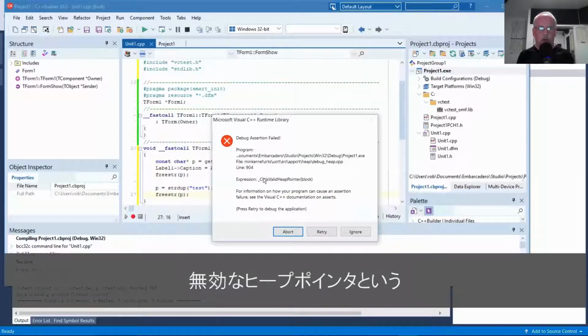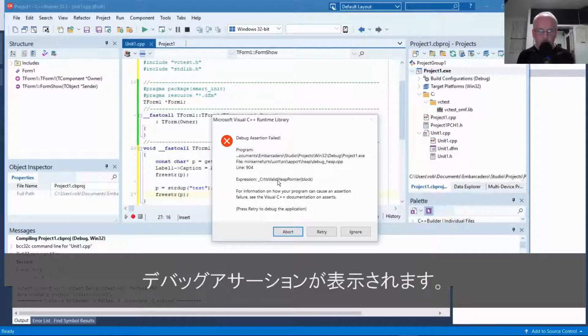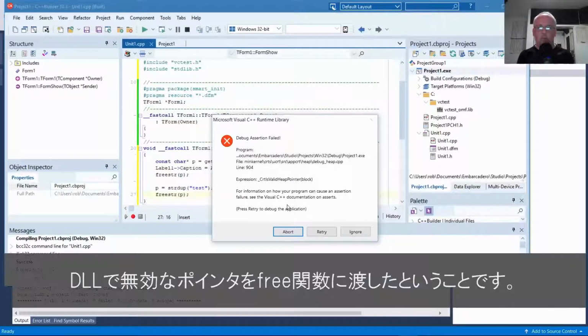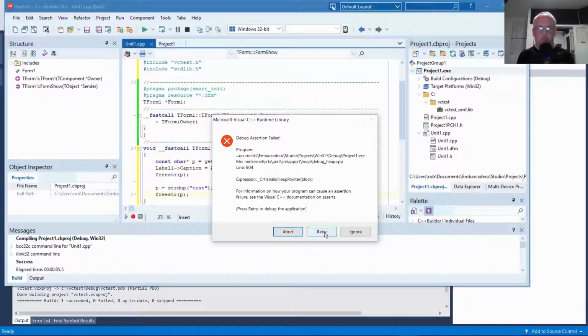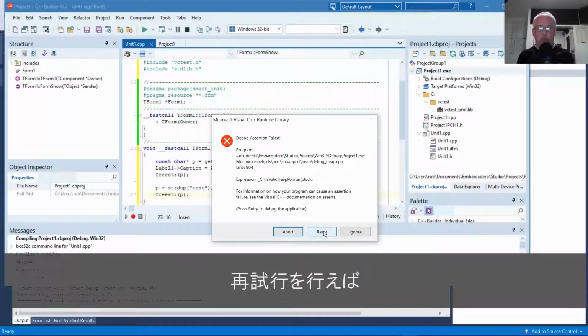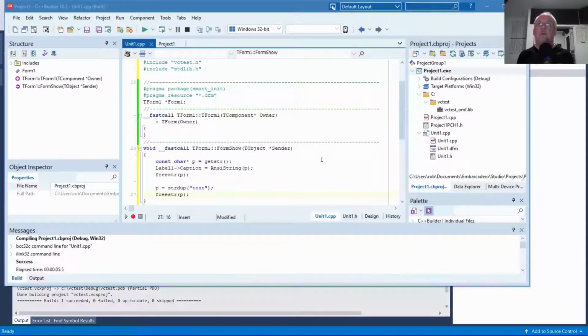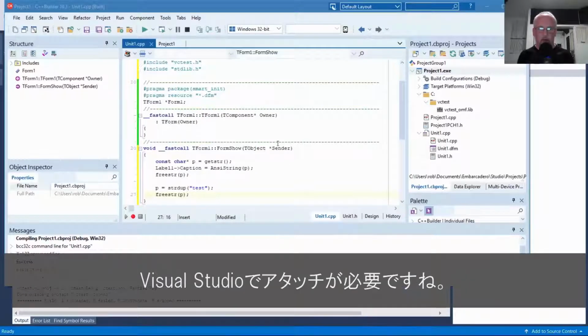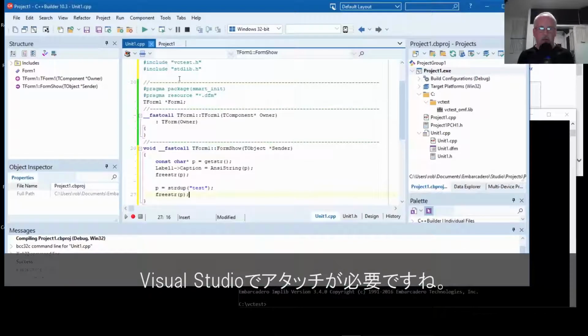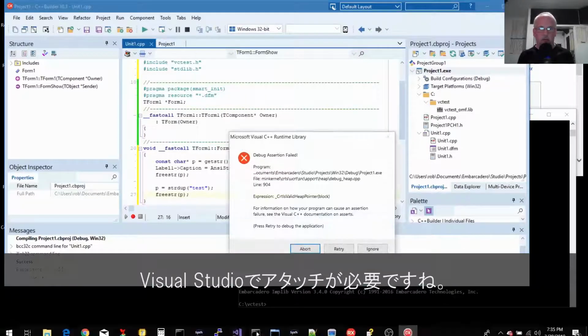And we get a debug assertion with an invalid heap pointer. We're passing a bad pointer to the free function in the DLL. So this exception actually comes from the DLL. If we want to debug this, we can hit retry. It should pop up Visual C++. It kind of popped up a window and then went away. See if we can attach to it using Visual Studio.